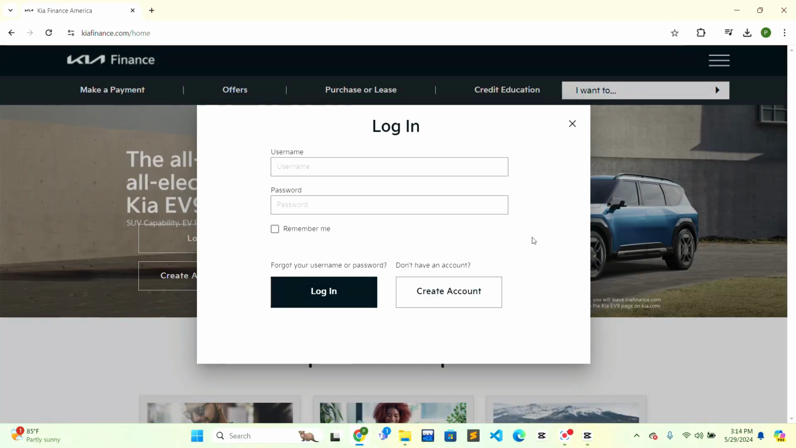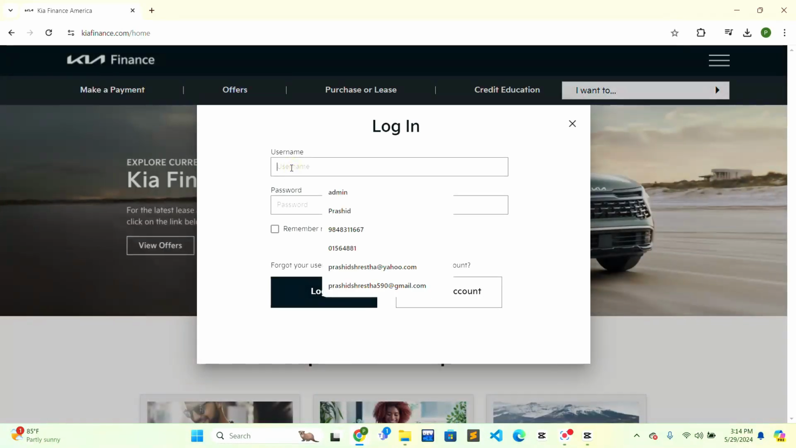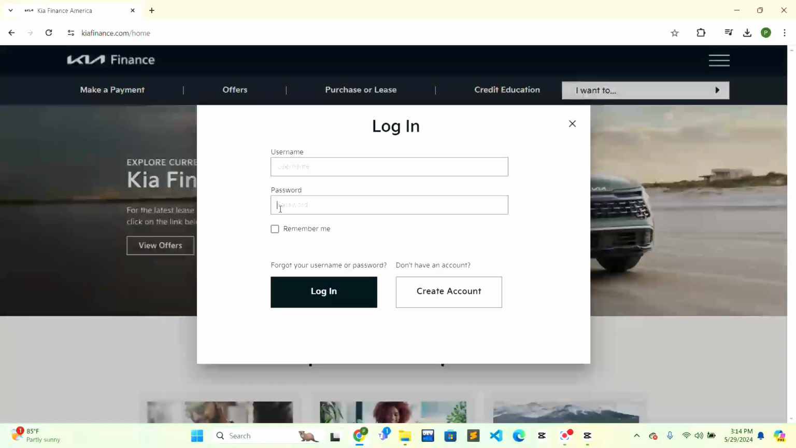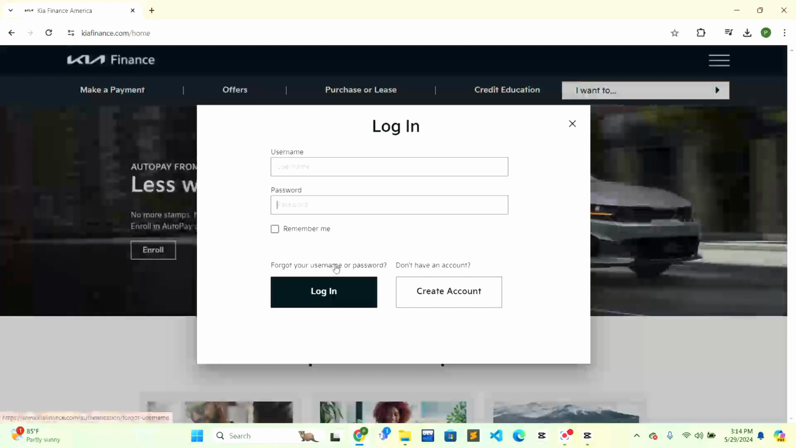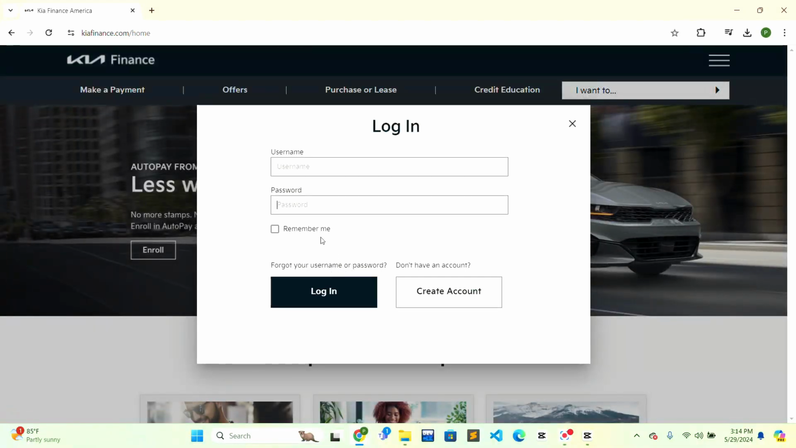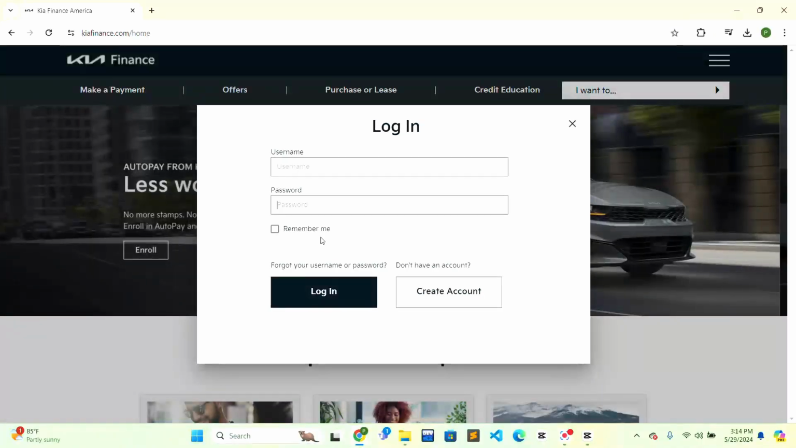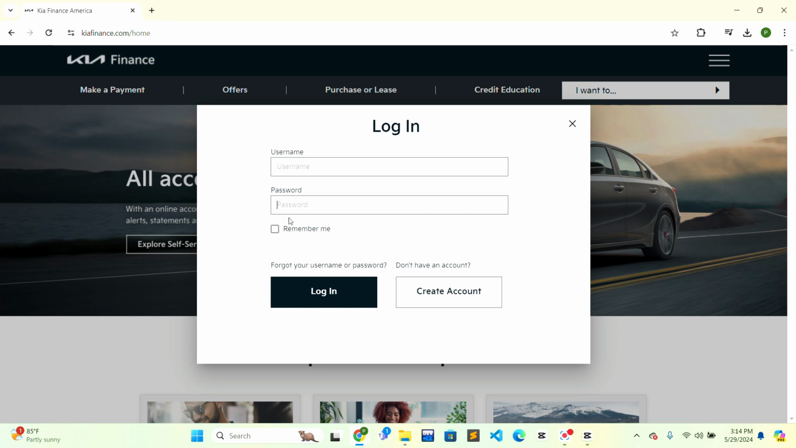And after creation of the account, you will be redirected to the login portal, and here you just need to enter your username in the username box, and the password in the password box. And if you have forgotten your username or password, you can just click on forgot your username or password, which is above the login button, and you will be able to retrieve it. And after retrieving it, you just need to fill in the username and password and click on the login button and you will be able to log in to your Kia